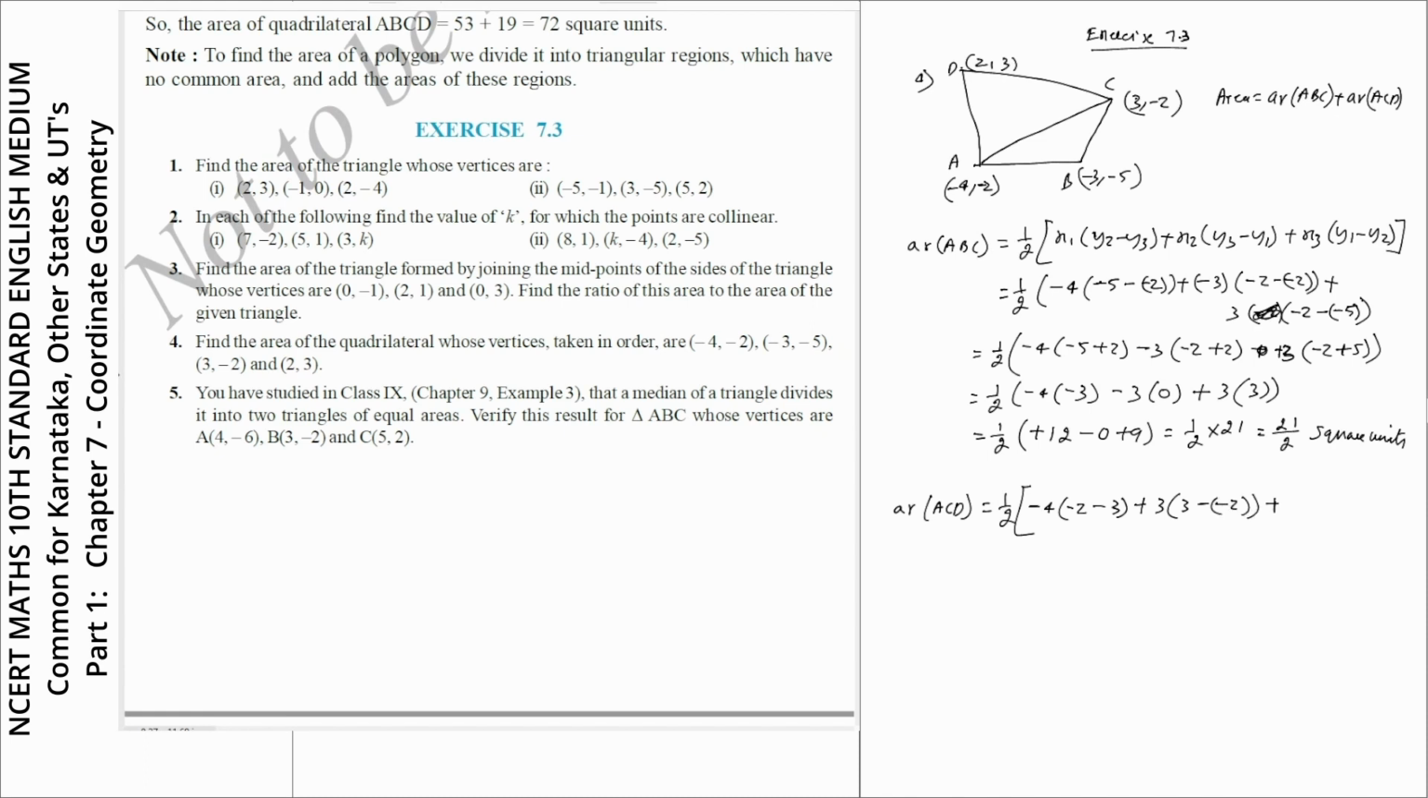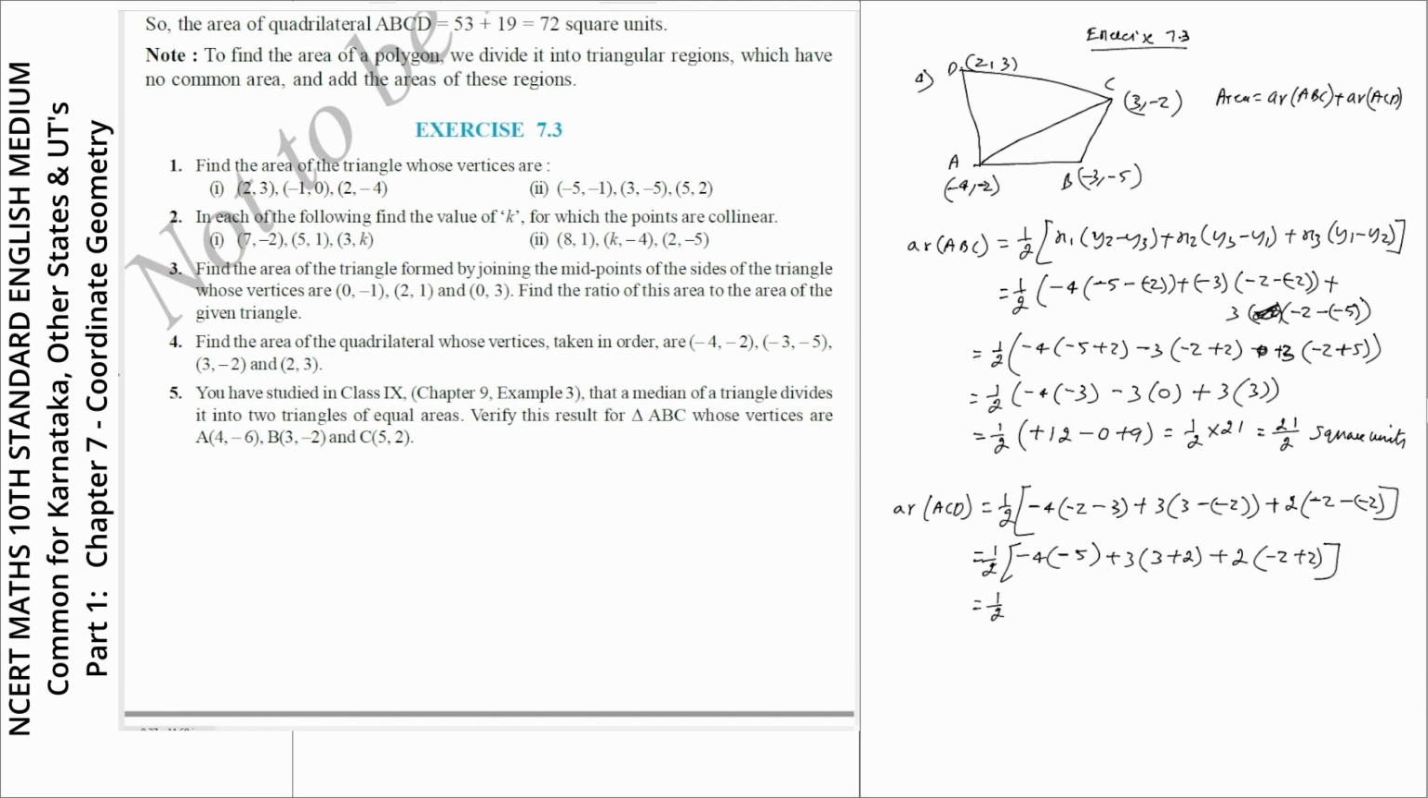then plus x3, sorry, x3 is 2, and y1 minus y2, so y1 is minus 2, minus of y2 is minus 2, so minus of minus 2 I'll get, so this is equal to half, so minus 4, so minus 2 minus 3 is minus 5, so we need to add 2 plus 3 is 5, sign of the greatest number, that is minus, so plus 3 into, so here 3 minus into minus is plus, 3 plus 2 I'll get, then plus 2 minus 2, so minus into minus is plus, I'll get there,